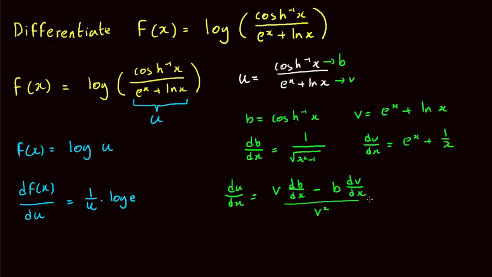If we plug and play it, it's going to be quite a big function by the way. It's going to be e to the power of x plus ln x over square root x squared minus 1 minus,